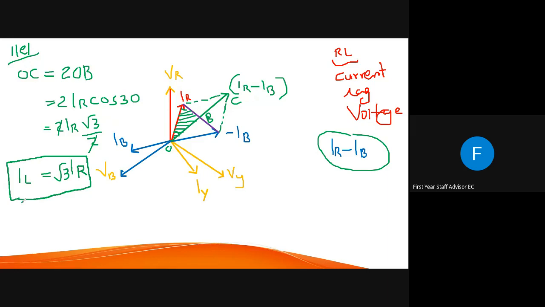So these both are simple. The only thing is, for the star connection we are analyzing the phasor diagram of voltage, but in the case of delta connection we are analyzing the phasor diagram of current. So what is the difference between the phasor diagram of voltage and current? In the case of an RL circuit, the current is actually lagging the voltage, or the voltage is leading the current. So we have to draw in such a way that the current phasor lags the respective voltage phasor.